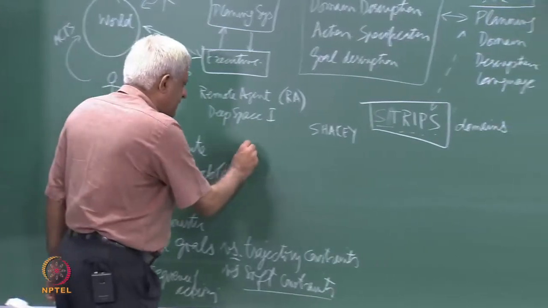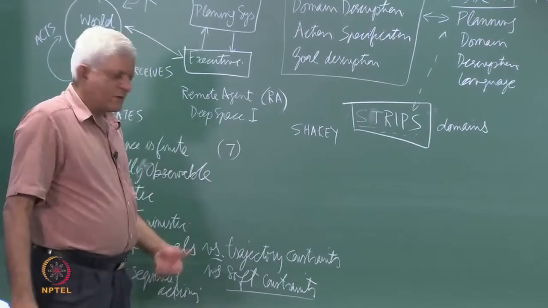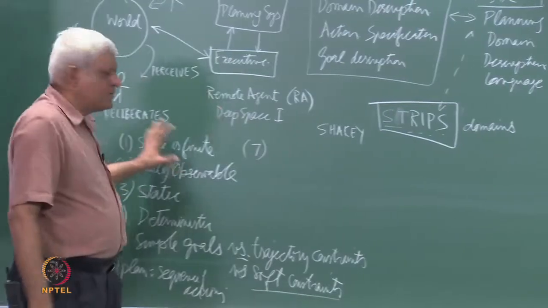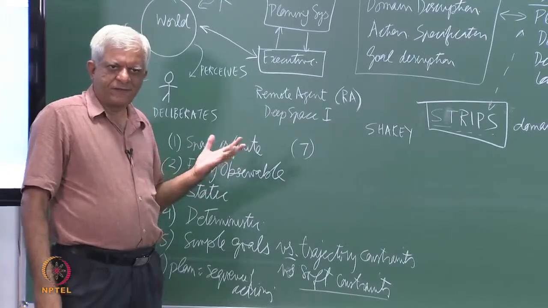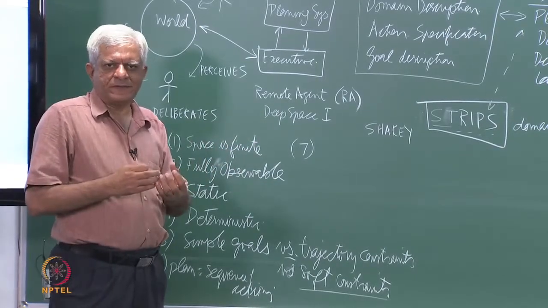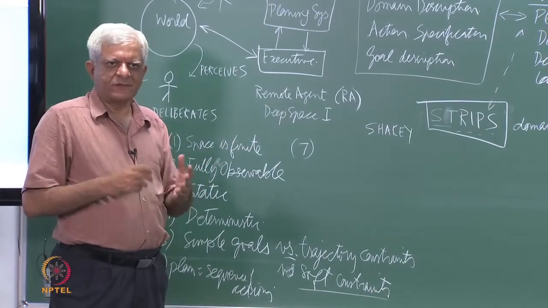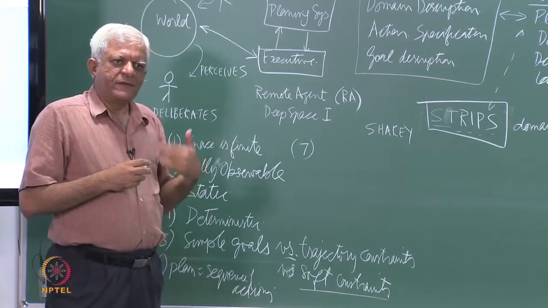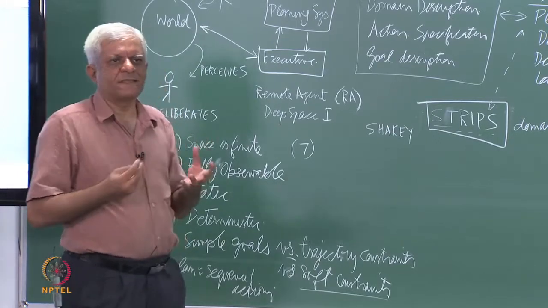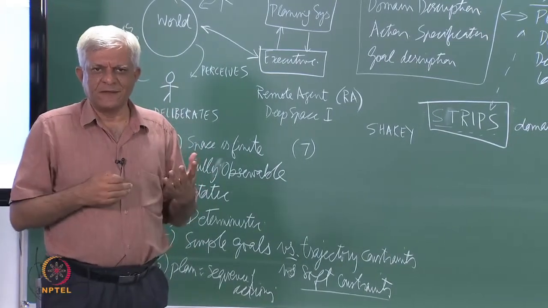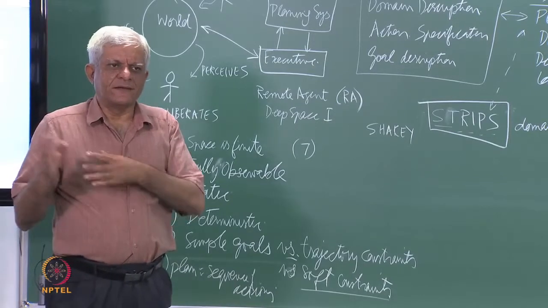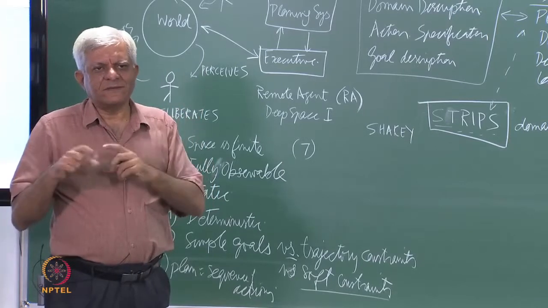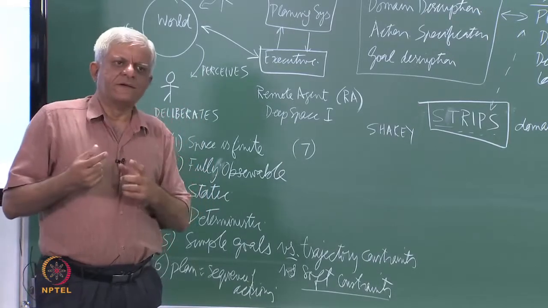And one more constraint which is very important, which is being relaxed quite often nowadays, is the notion of time. So, we will assume that we do not have a notion of time to start with. We will just say action A happens, then action B happens, then action C happens. There is only a notion of sequence, whereas in the real world some actions may take more and some actions may take less time. So, you may say I will take a bath and have a cup of tea and then cycle to the gate, and each of these actions may take a different amount of time.